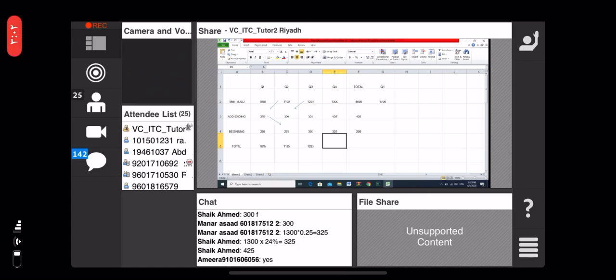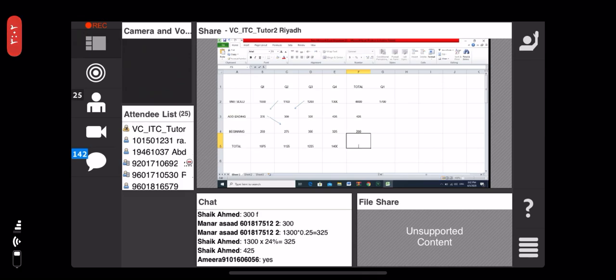What's the amount for last? 1300 plus 425 plus minus 325 will be 1400. So if you go to find the total amount of this column, total for here